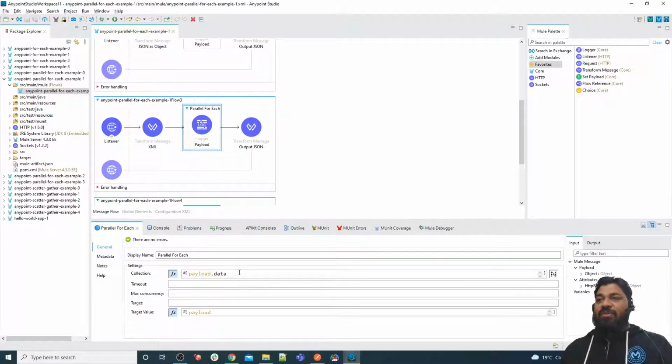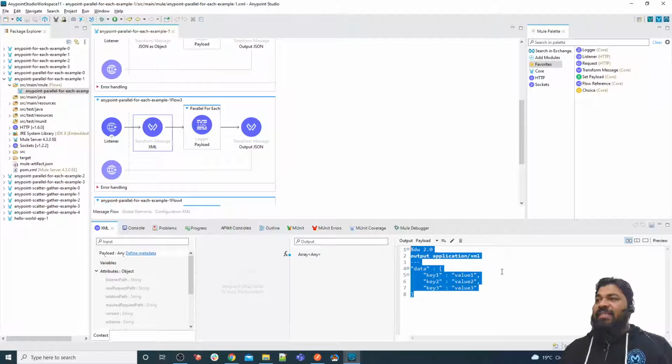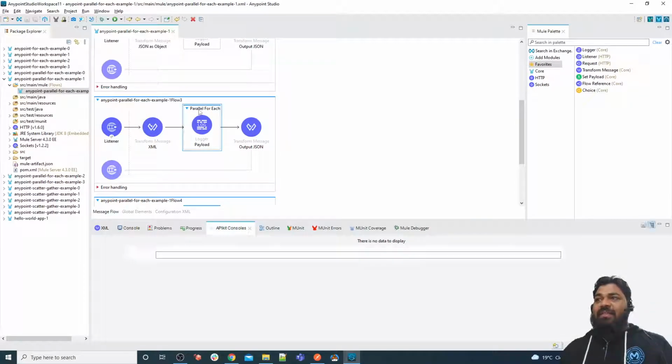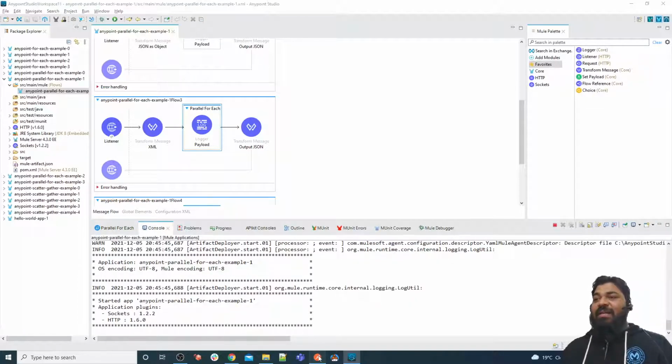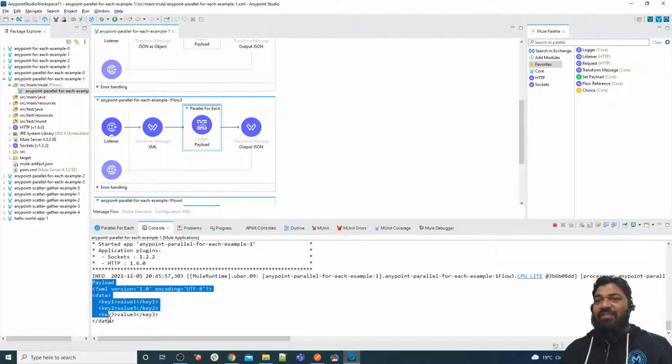Let me make some changes. I'm not going to provide this one. Okay, I have not provided this one. So I have provided the whole thing as XML. As you can see, my XML is always an object, because we have one element as the root, which basically serves the purpose of the key, and the remaining thing is the value. So here we're providing only one key value pair. Okay, so if I remove payload.data, let's check how many times it is going to iterate. Yes, it is iterating. It considered only one object. Let me show you. Yes, this is only one thing.